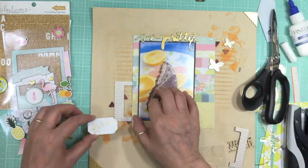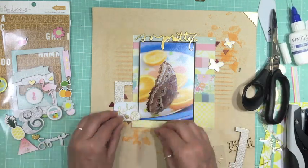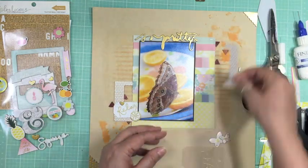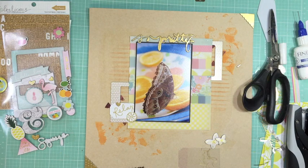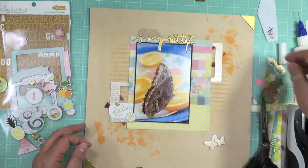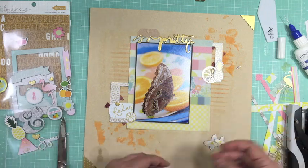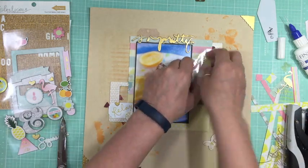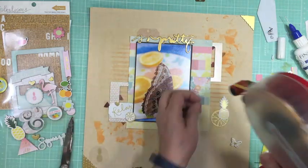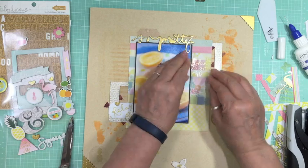And then I'm going to use, like I said, some chipboard stickers that were oranges. Perfect, because that butterfly is on some oranges. And I love the color. I know it's not colorful, the butterfly, but it looked like it was meant for this page, because I used some craft, a craft background. And also on the butterfly wings, it looks like it has some orange and some gold and some dark, like it looks like early espresso, like the cardstock that I use. So perfect. And then the top right, I'm going to use the second part of that chipboard frame,